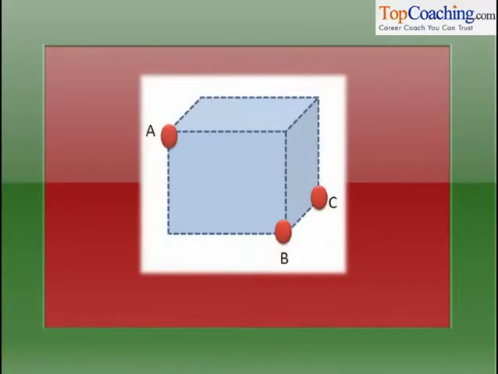So basically there's a cube given in the question. There are three particles placed at different points on the cube. One is placed at A, one at B, and one at C. We have to find the distance of the center of mass of these particles from the point A. After all, we have to find the coordinate of a particle of mass 3m to replace all of these three particles. That simply means we have to find the center of mass of the system.